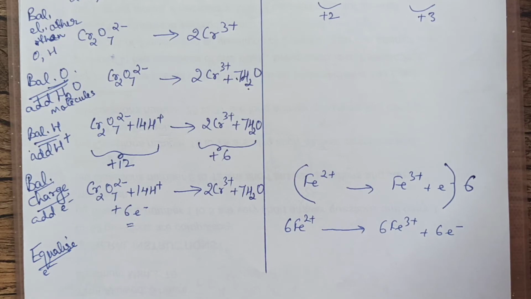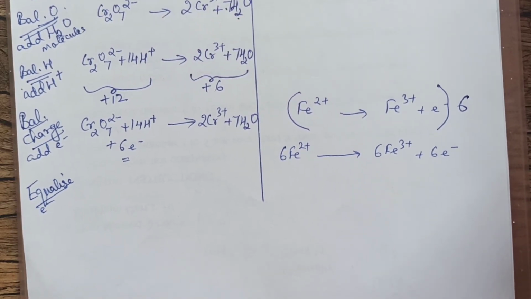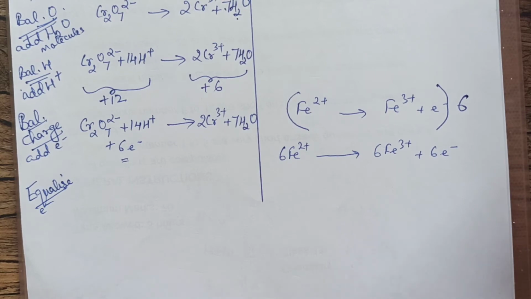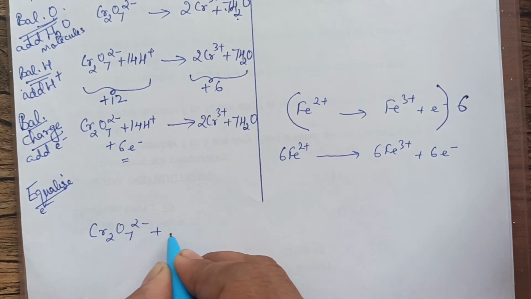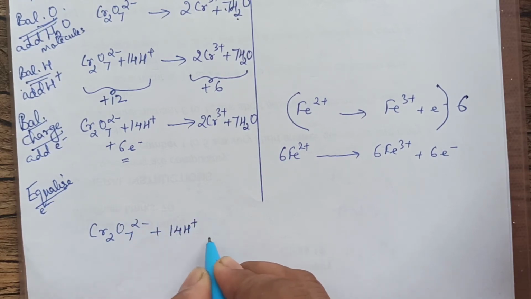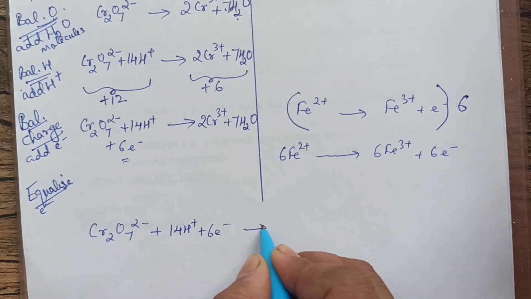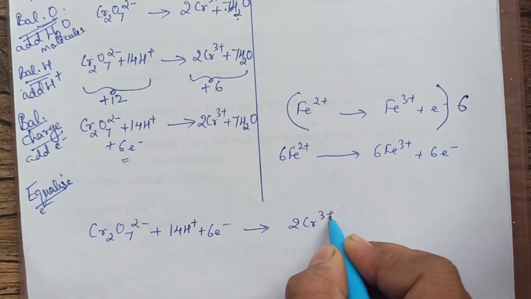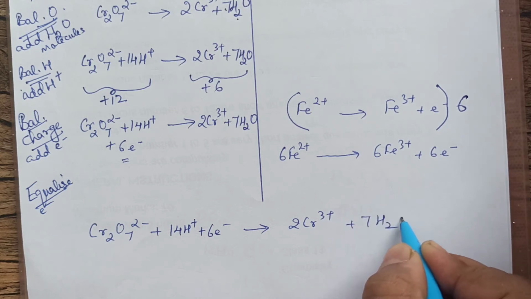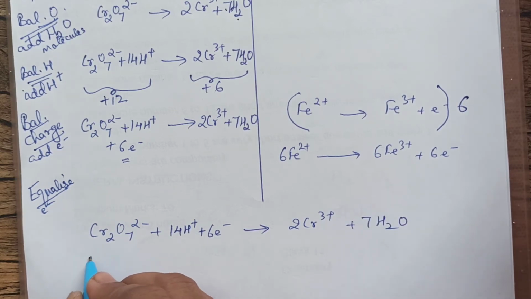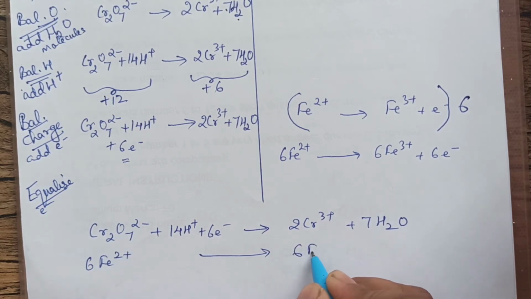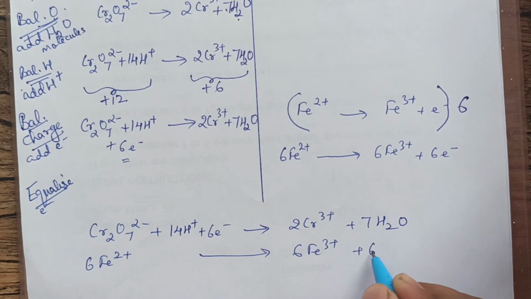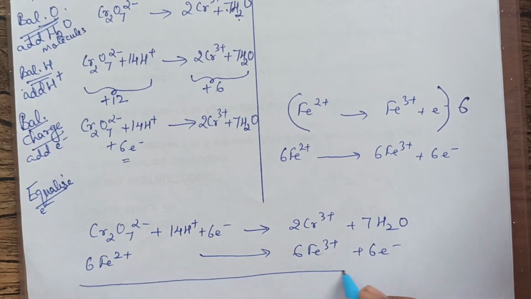Now, after you equalize the electrons, you are going to copy down the whole equation again, left hand side and right hand side. Again, we have to compile them together. So we will copy this equation. Everything you have to copy down. Do not miss out anything. If you miss out anything, then you are likely to go wrong. This is an important question asked, and you can judge for yourself whether you are going on the right track or not. Okay, so this is fine.